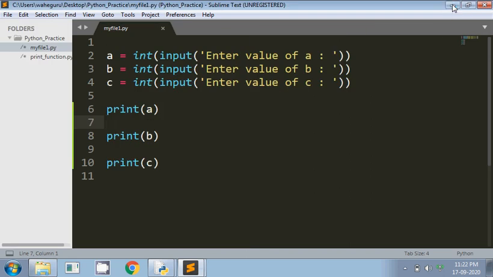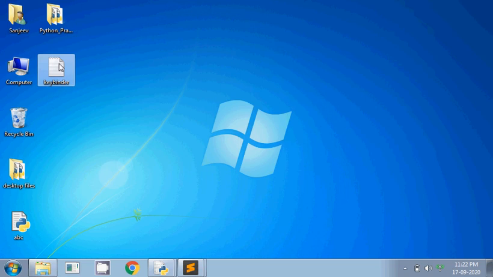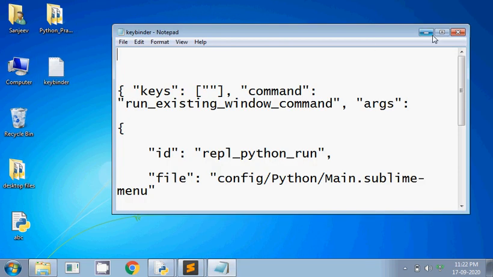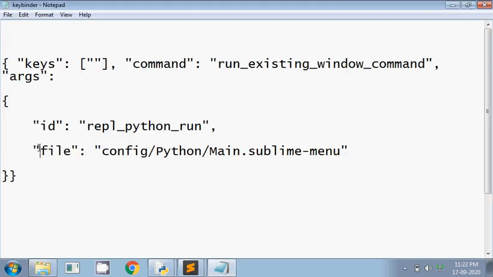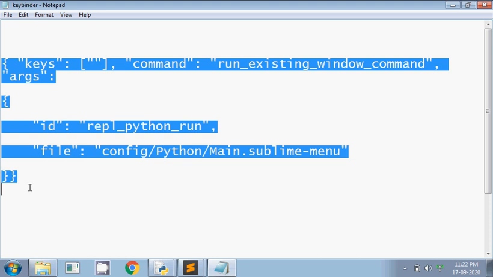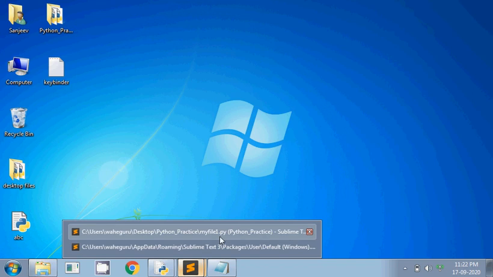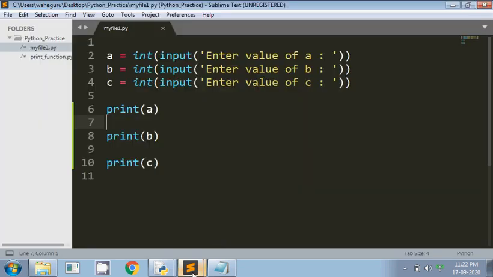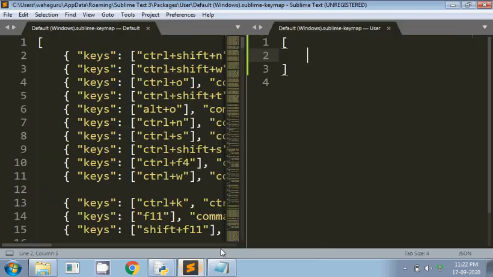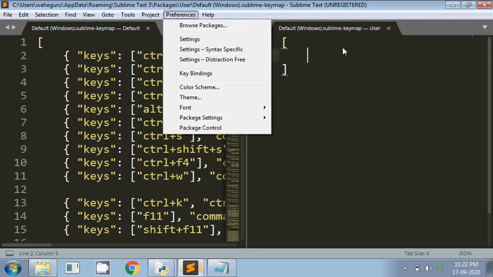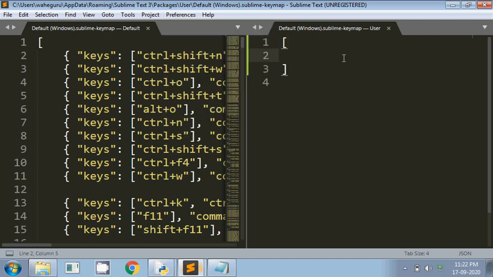I'll give you this code in the description of the video. This is the code to create a shortcut in Sublime. Just go to this particular setting, which we get through the key bindings option, and paste this code over here.